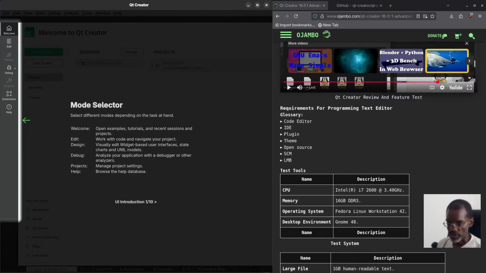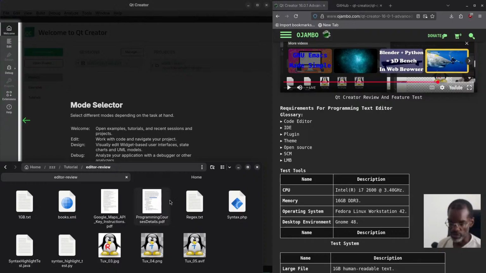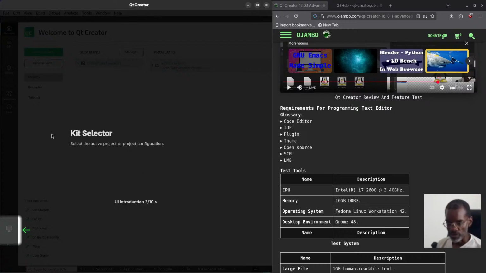As you can tell here, for example, this is my file manager. This is the Nautilus, or whatever they call it now, GNOME Files. And as you can see here in my test description, I am using the GNOME desktop environment. Okay, so then there's a kit selector. This is for UI, and